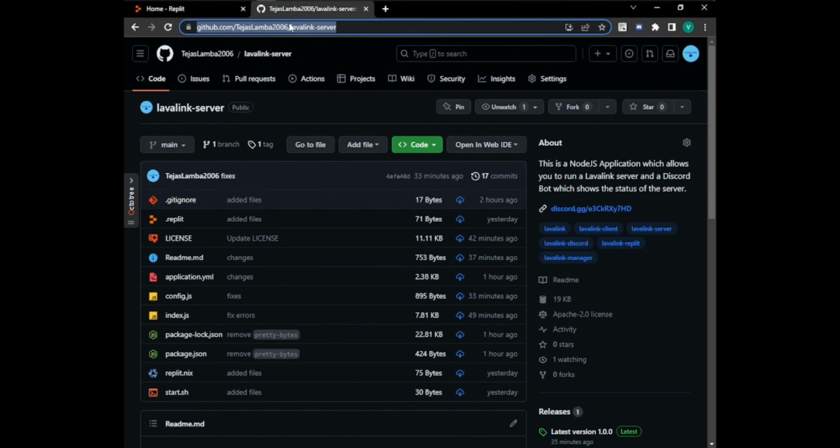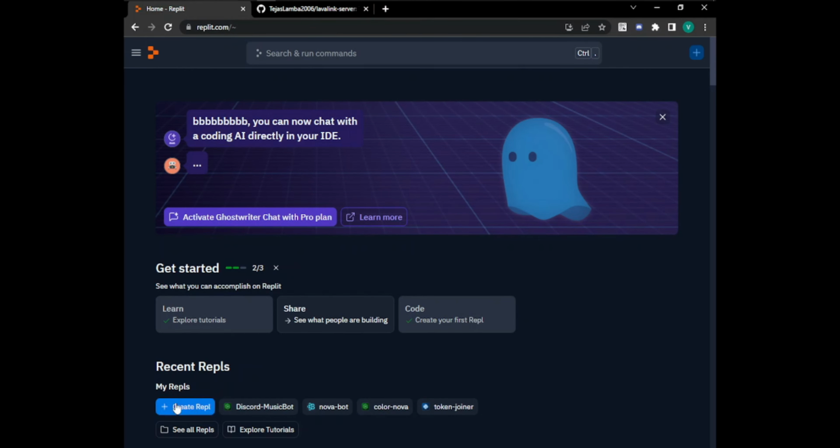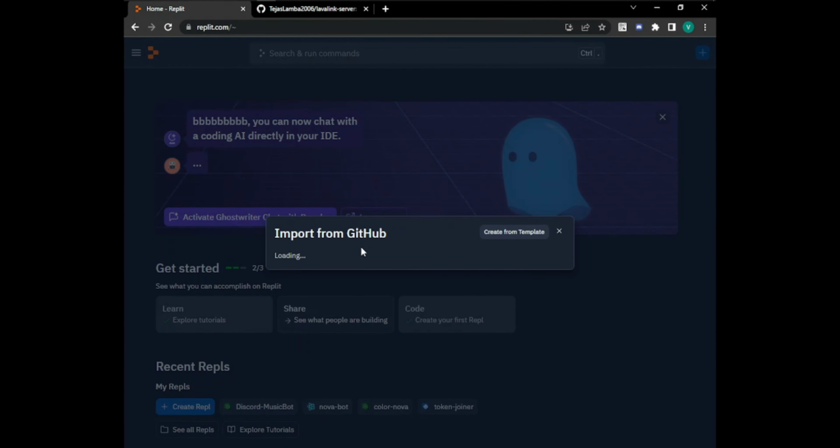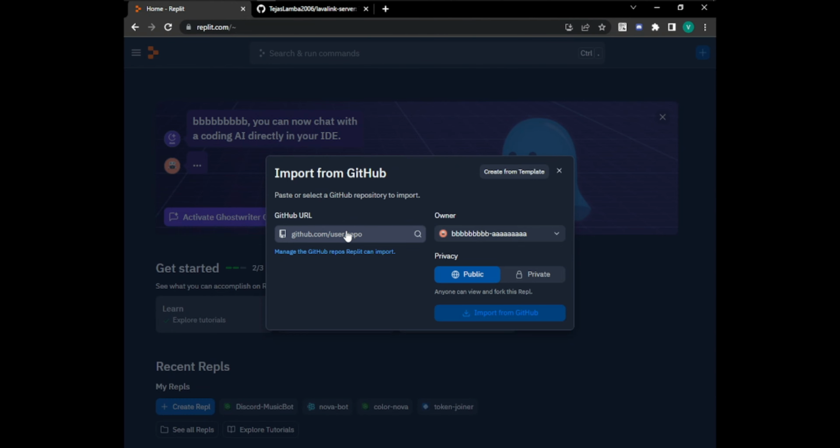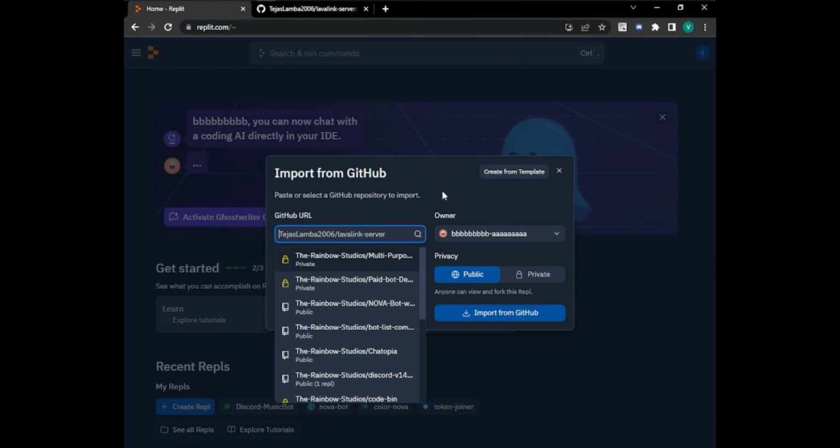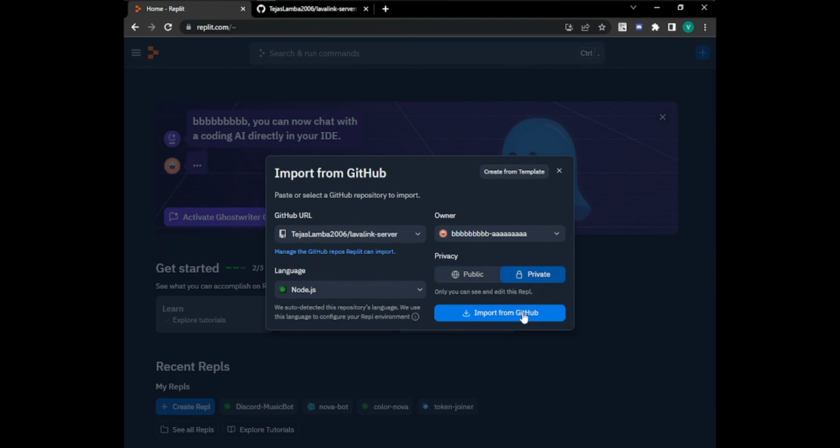So I will just copy the link here and go to create repo and import from GitHub, obviously, because whatever I do here, other people can replicate. So yeah,